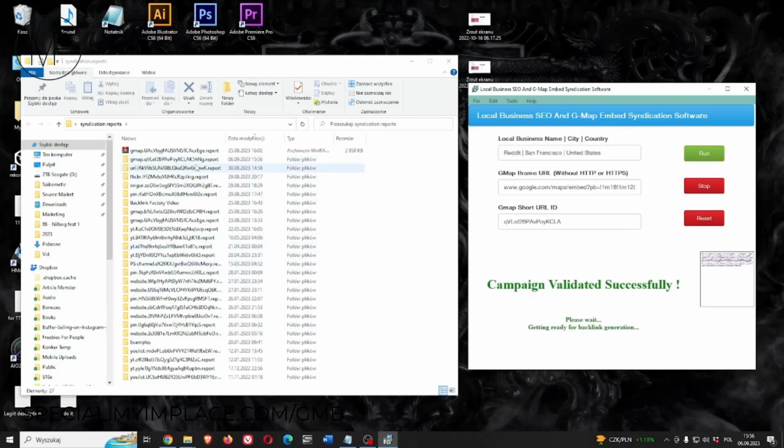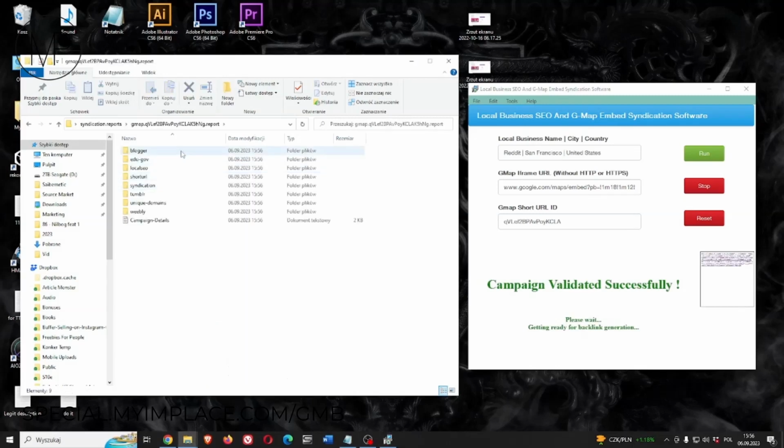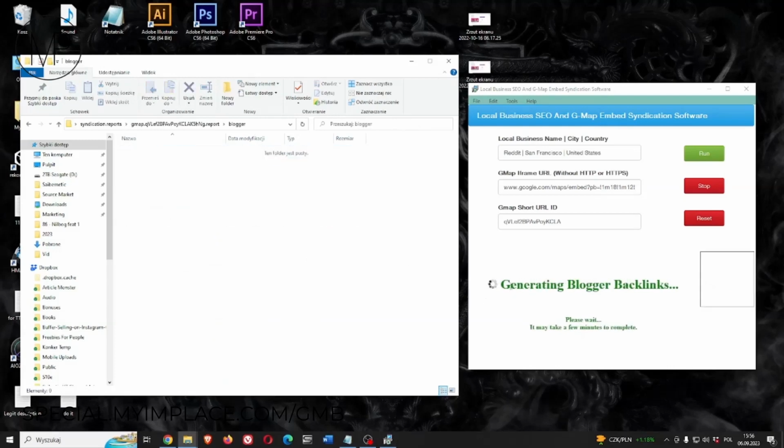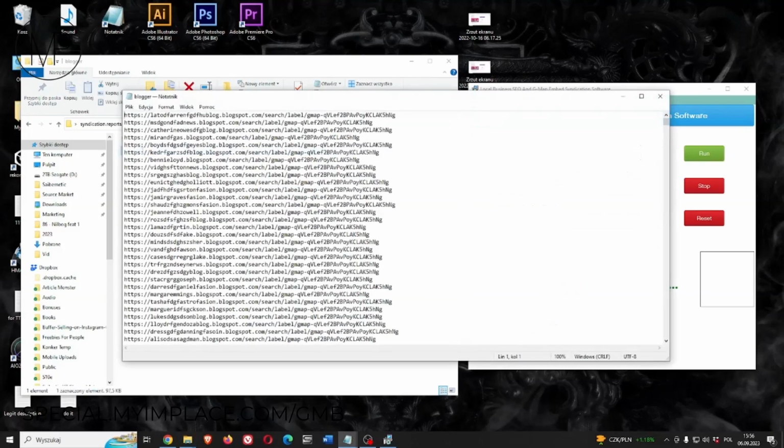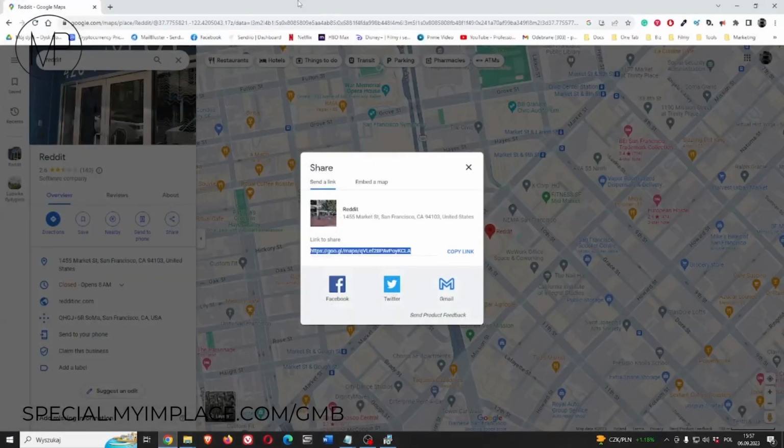Okay, we have our folder. Now it contains other folders, but they are empty because the software is working. First, the software is generating Blogger backlinks. When it's done, we're gonna have here a file with our links. Okay, it's generating Tumblrs, so we click on it, we check first random URL,